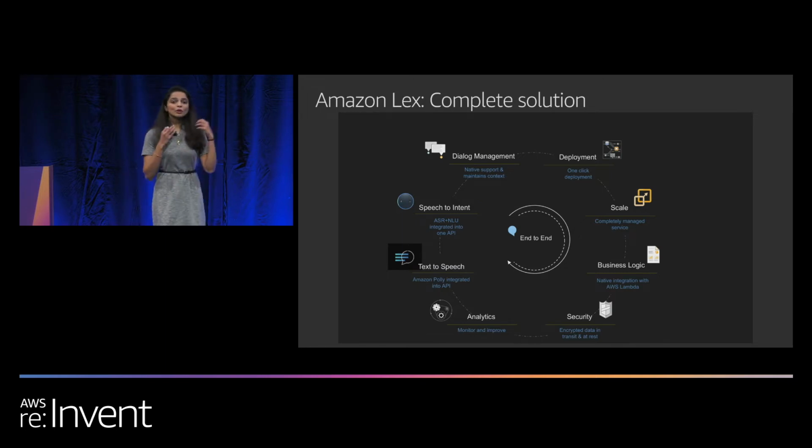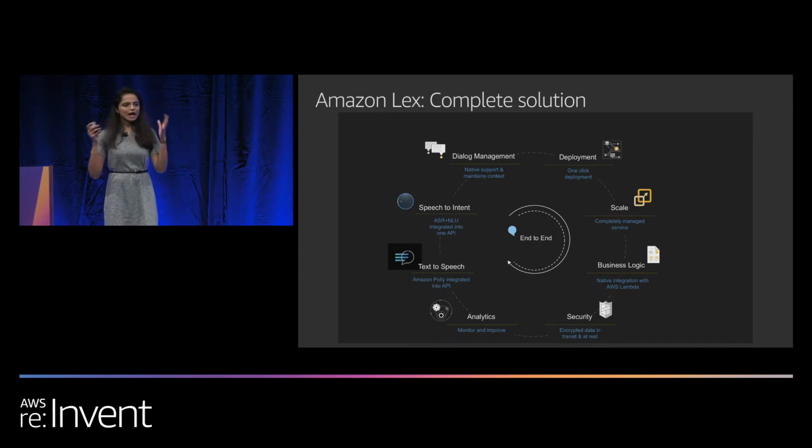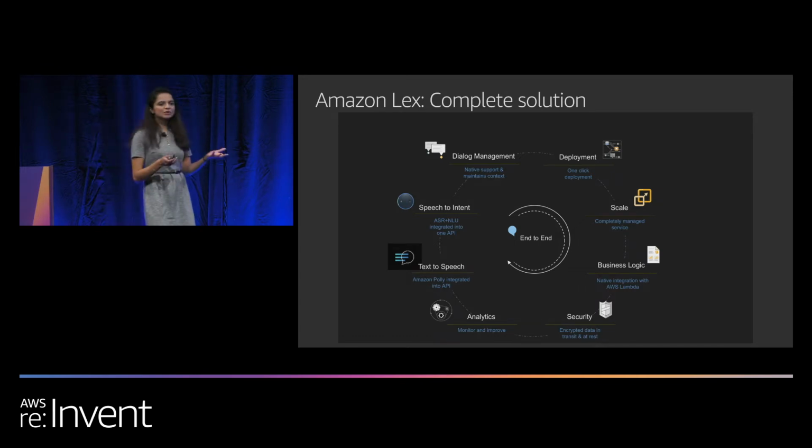And when you build a sophisticated chatbot, you would integrate it with Lambda functions, which will actually call your APIs or call DynamoDB and do the actual work, right? When you call Lambda functions, again, they can scale based on demand. You don't have to worry about any of the servers, infrastructure, or anything like that.